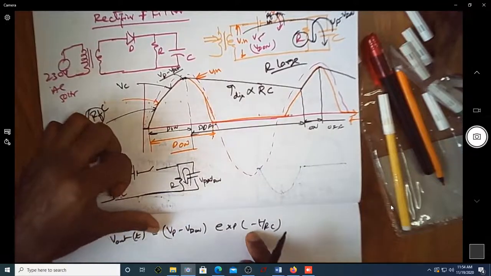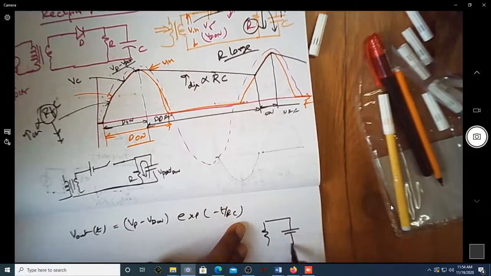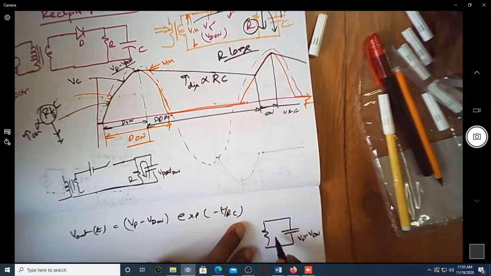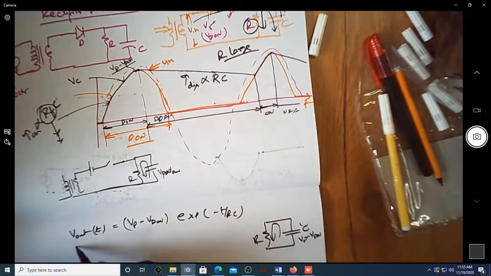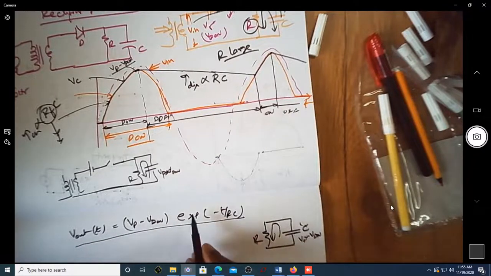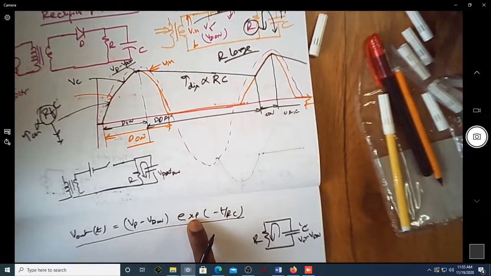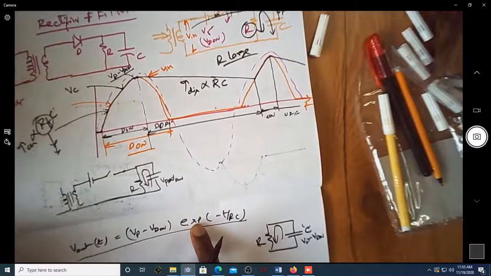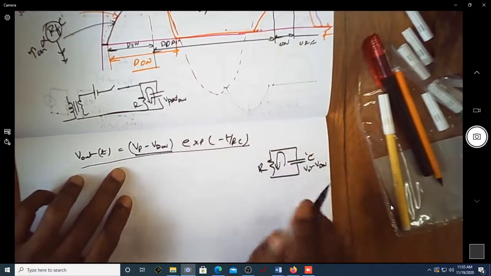So why it is exponential is because we are talking about a capacitor whose charge is Vp minus Vd on at the time of discharge. Now it is discharging through this resistor. This is my capacitor. For the discharging, the time constant is R into C. How it is discharging is exponentially. So I can write exponential minus T by RC. Since it is discharging, it is T by RC. Capacitors will always charge exponentially and will discharge exponentially also. This is because this is the peak voltage when it started discharging.